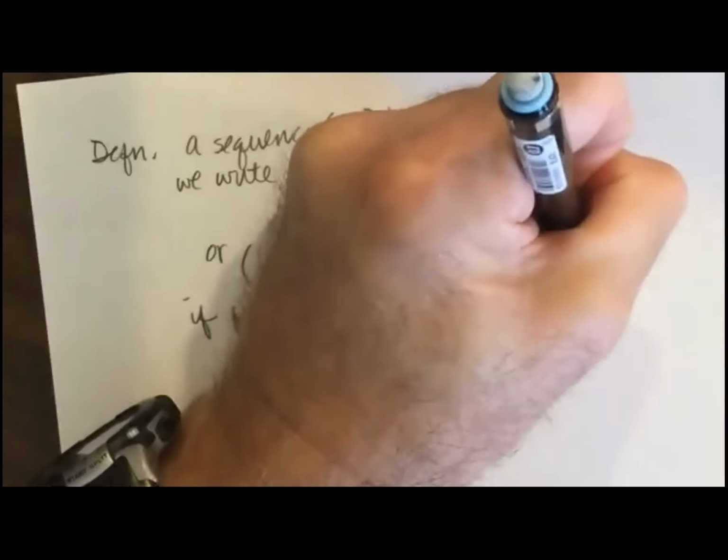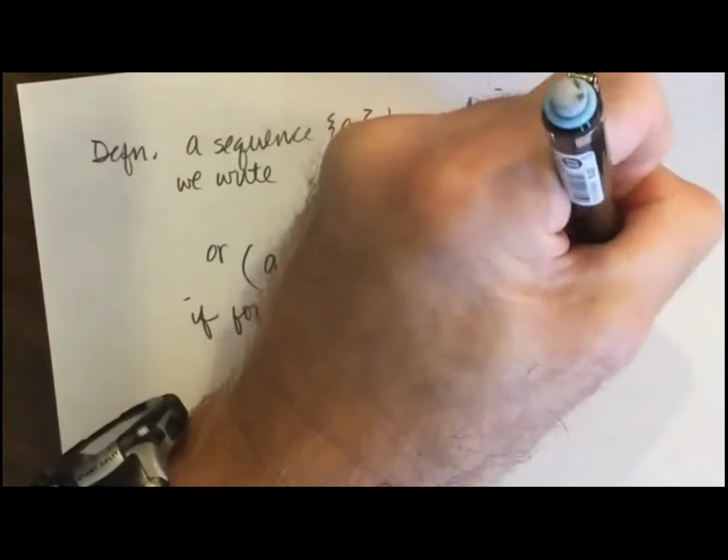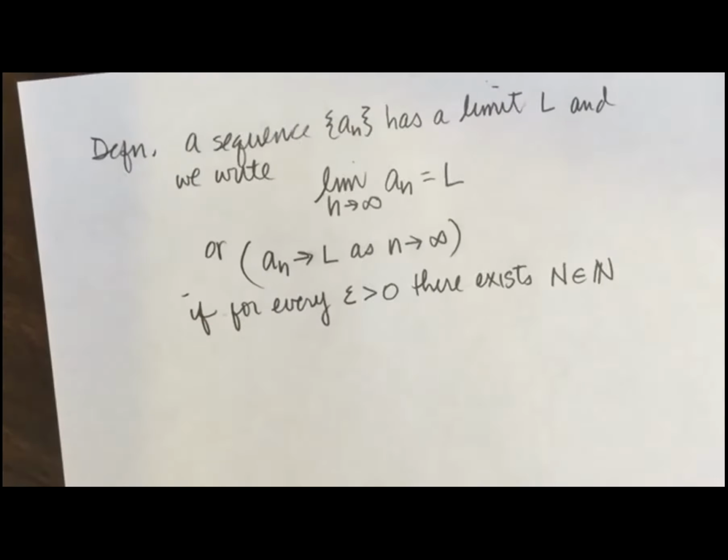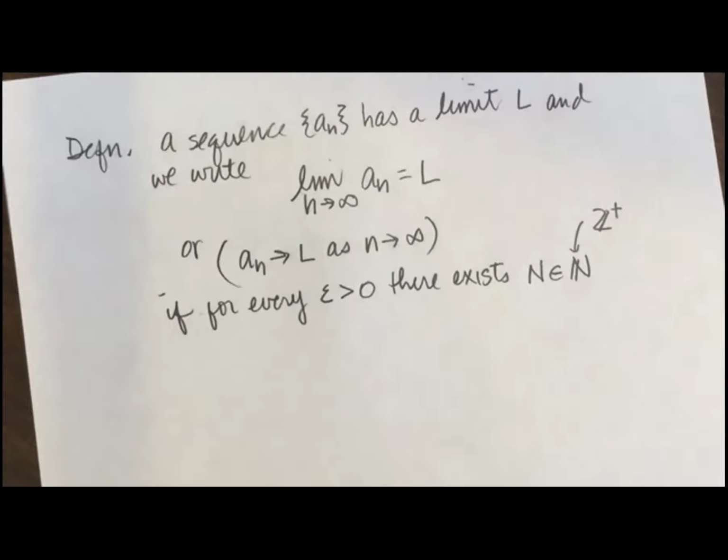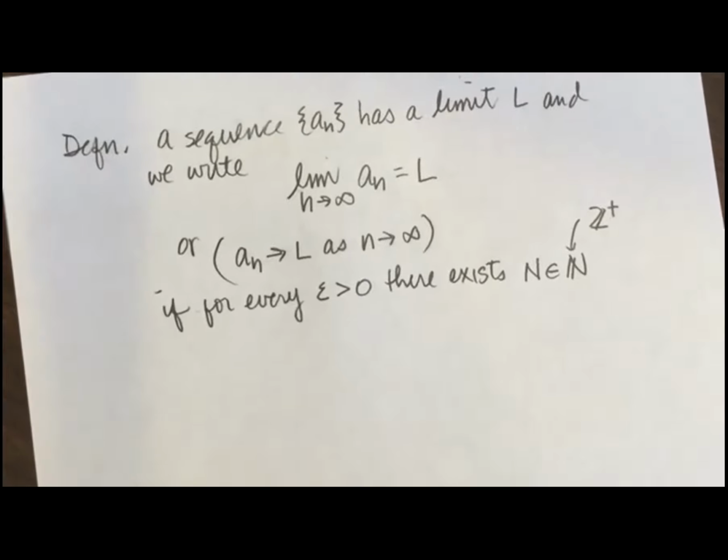I'm going to call it big N. It's an element of the natural numbers. Sometimes right here, you'll see the positive integers, because the positive integers and the natural numbers are the same. Okay. Then, wait a minute, such that